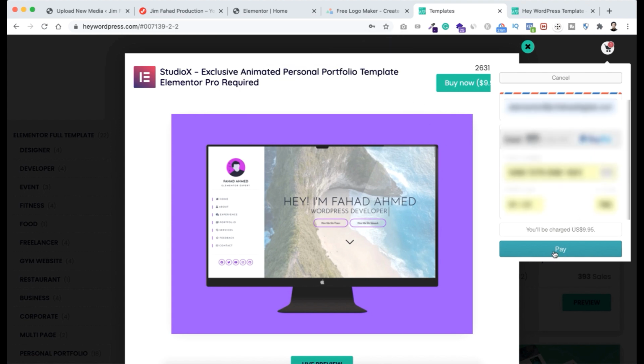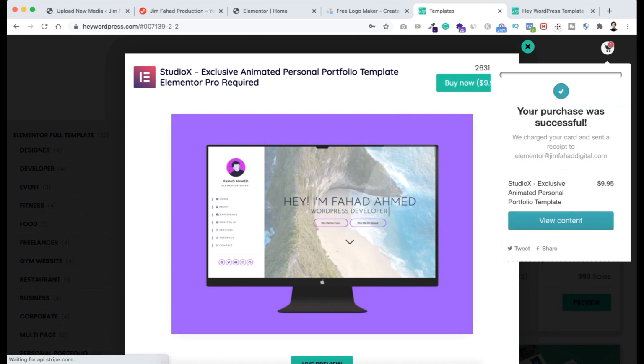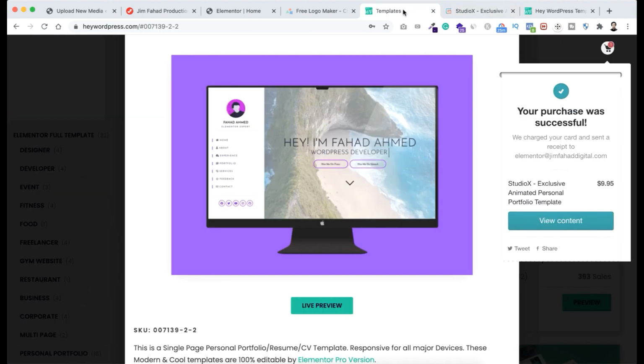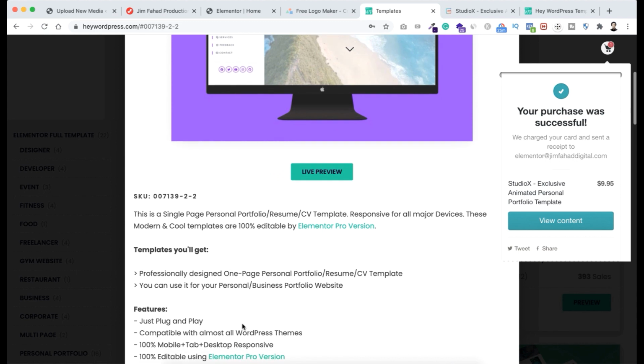Let's now click on pay. Cool, it says your purchase was a success. So let's now click on view content, and let's now download the template. It's downloaded. Also, in order to make this template work, we need Elementor Pro with it, because if we now